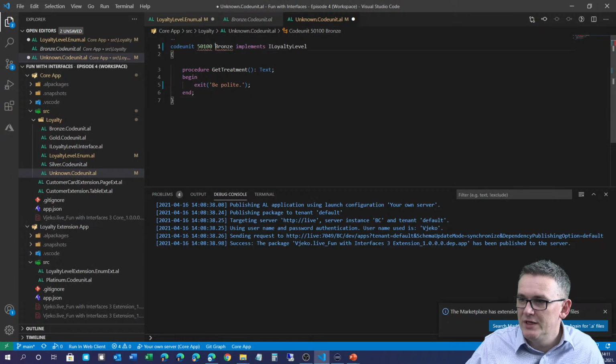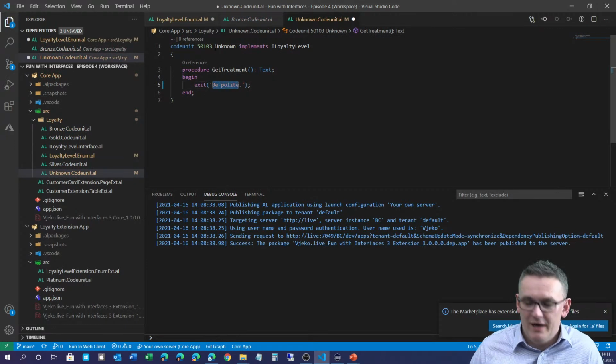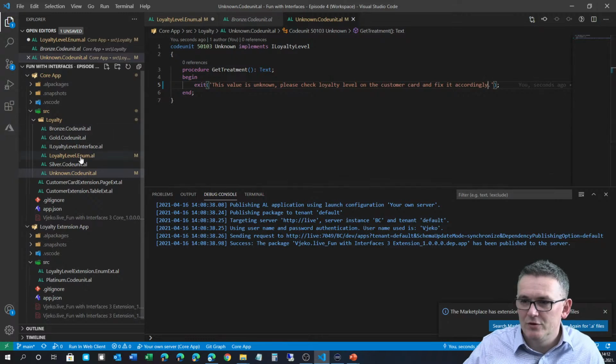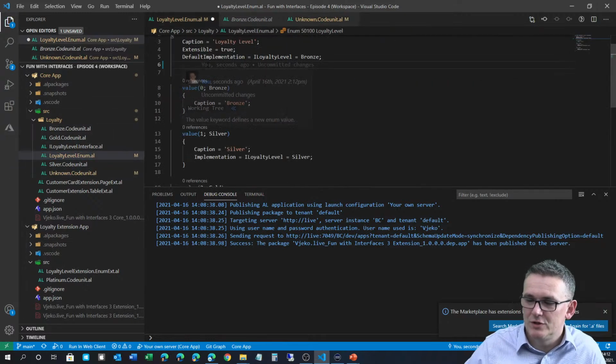And then start from this unknown, and then I will just put a value or a message. Let's not use enum, it's too technical. This value is unknown. Please check loyalty level on the customer card and fix it accordingly. Okay. And then I'm going to go to my loyalty level enum, and I'm going to say that I have